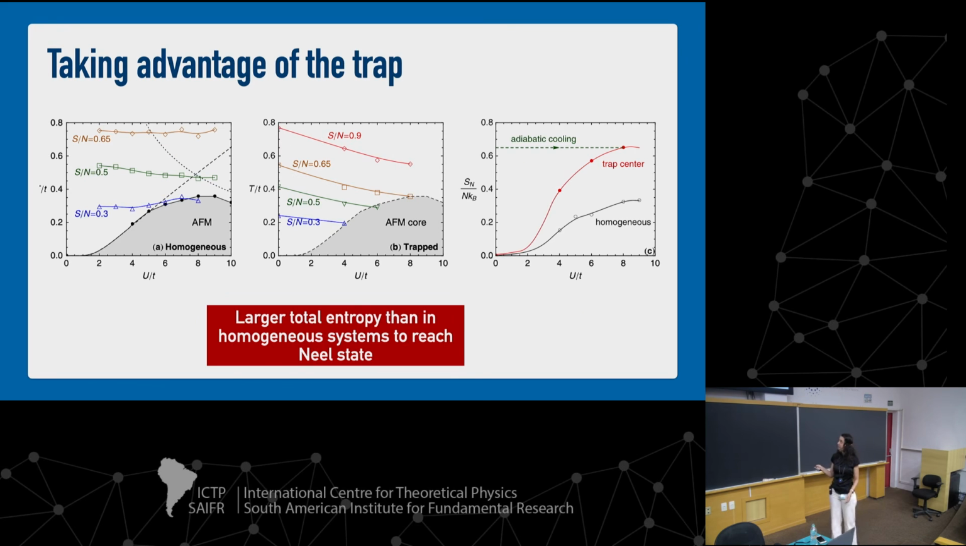So if we do once again this plot, but now with the trapped core, we see that we don't need to be as low as 0.3 entropy to reach this antiferromagnetic core. 0.65 is enough. So this is information that theory can provide to experiments to help reach